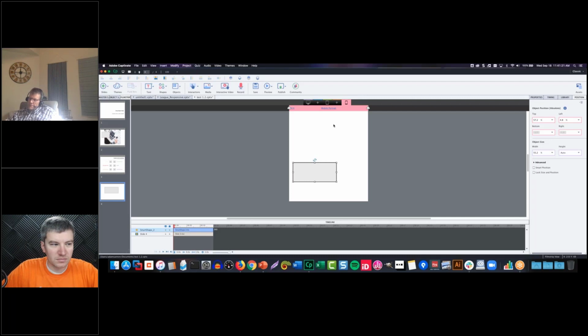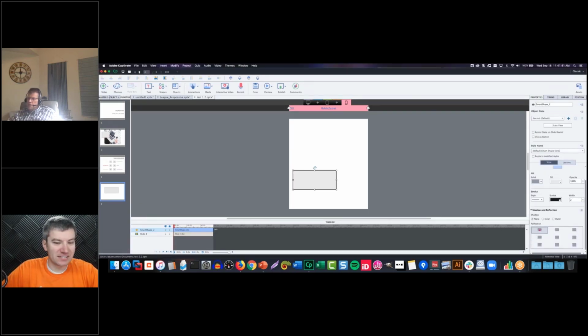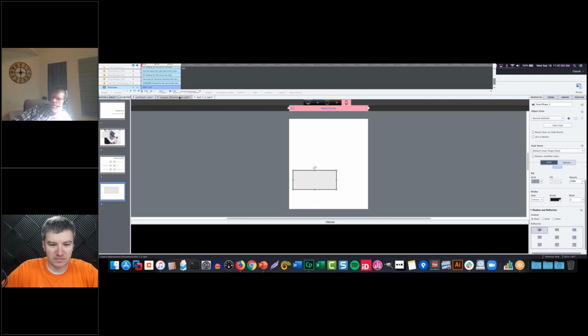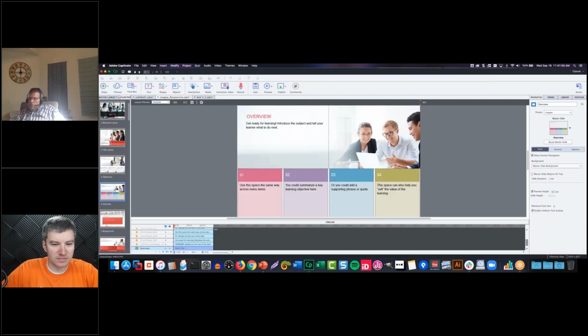Sometimes you need to do that. There's also when you open a project that's been made in, and I don't know why I can't say this, breakpoint mode. I think it's just my addled brain. A lot of times over here on the right, under the properties, you will get a suggestion that says suggest fluid boxes. And so it will take a project and say, here's where I think you should put in fluid boxes. So you might see something like this, where this is built with fluid boxes, but I might